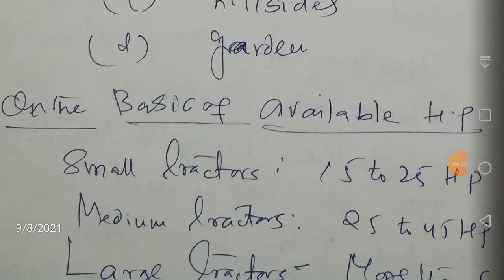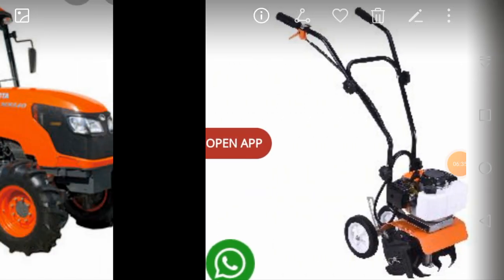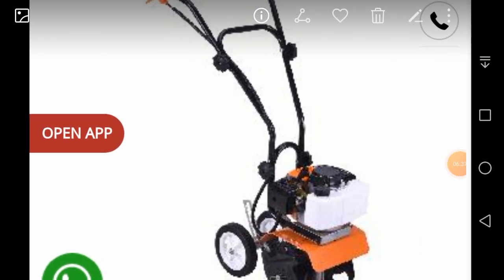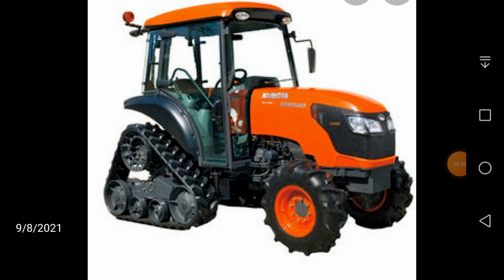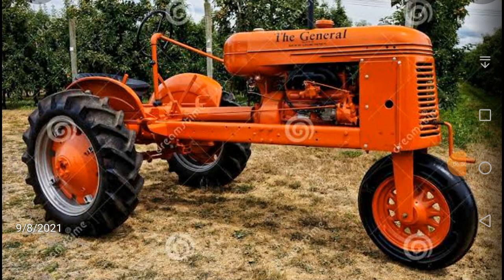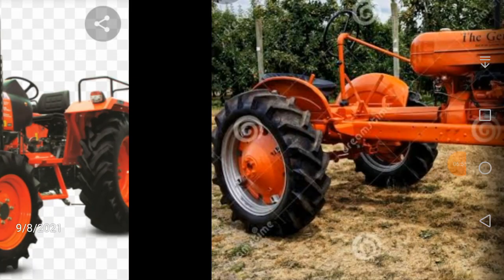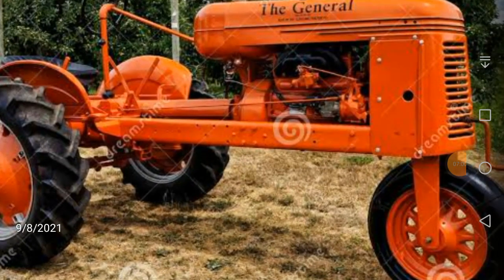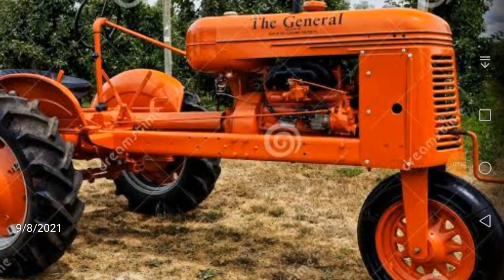Okay, guys. Once again, let me show you all these diagrams. This is your walking tractor, and this was your row crop tractor. Crawler tractor, right? I was telling you that in the wheel tractor you have 3 wheels or 4 wheels. I have shown you the 4-wheel tractor. This is a 4-wheel tractor. This is your 3-wheel tractor. Only 3 wheels are present in this.